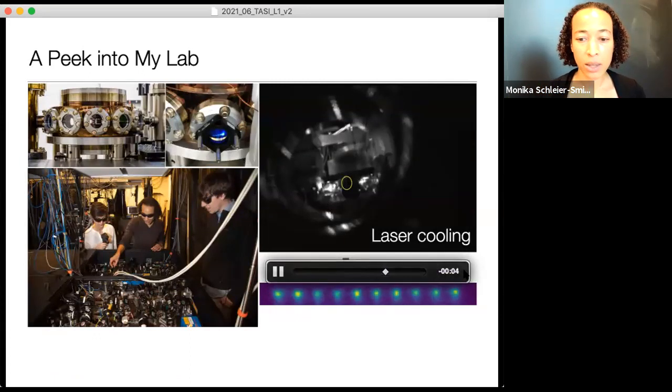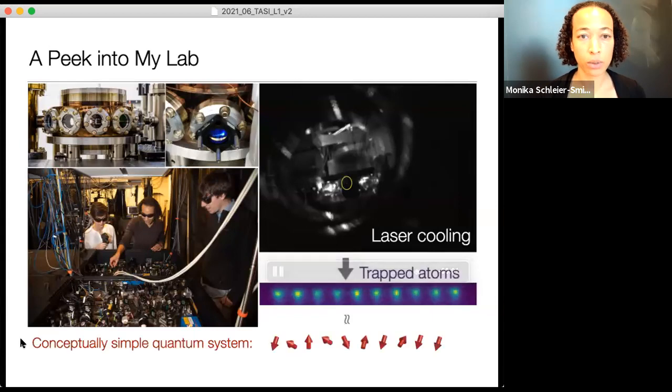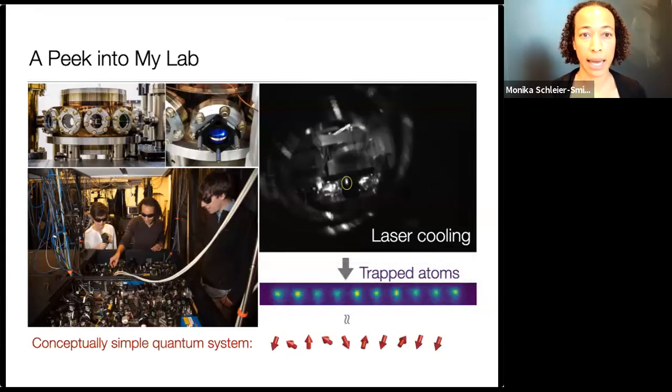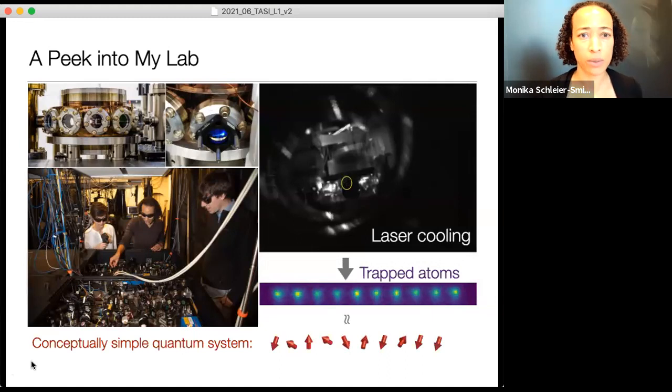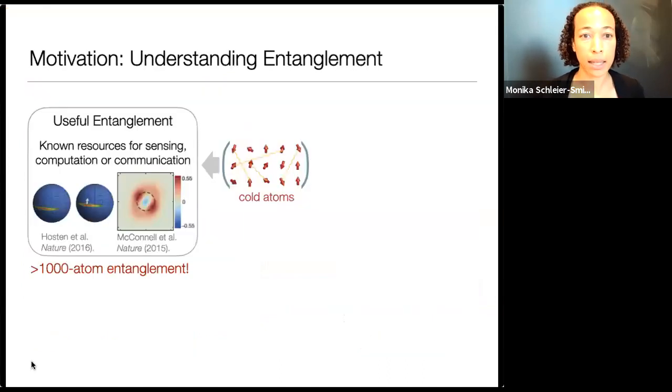At the end of the day, we think of these as model systems for studying quantum mechanics. One of the things we love is to get to a regime where we have something that looks conceptually simple, but is a wonderful playground for starting to understand, well, one thing that I'm fascinated by is trying to understand entanglement in quantum systems. This is something that I originally got into from the perspective of asking how can we make useful entangled states. For example, there are certain forms of entanglement that are useful maybe in computation. That's a famous example, also in precision measurements.